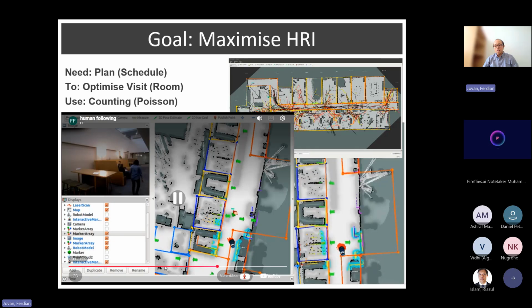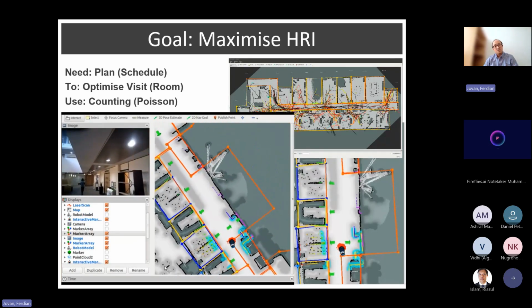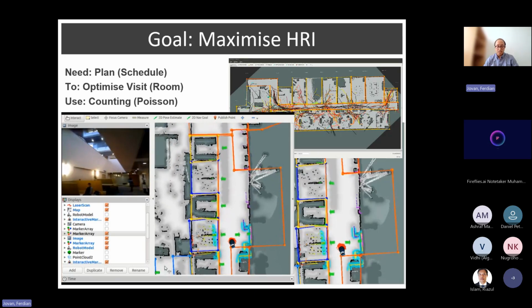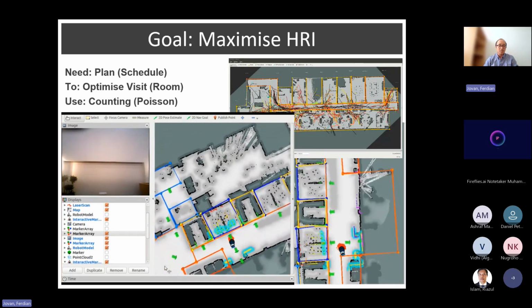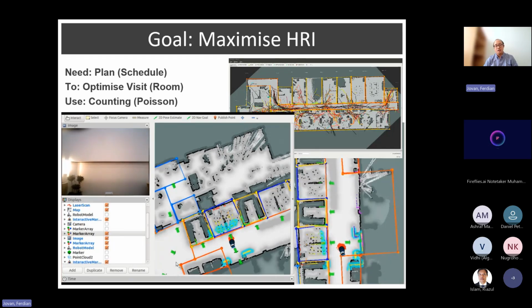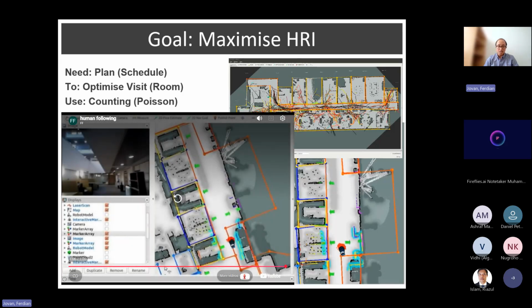And definitely by counting the interactions that the robot has during its operation, you can use that to visit the same place again at a later time, or maybe the same time on a different day, to have that interaction. So basically we collect the data to have the history.